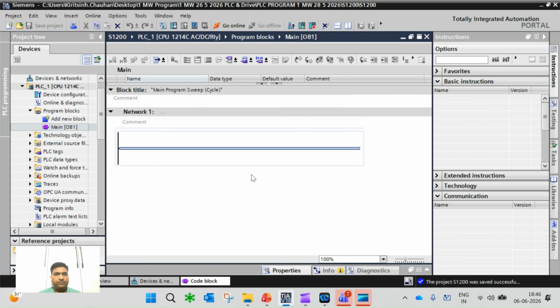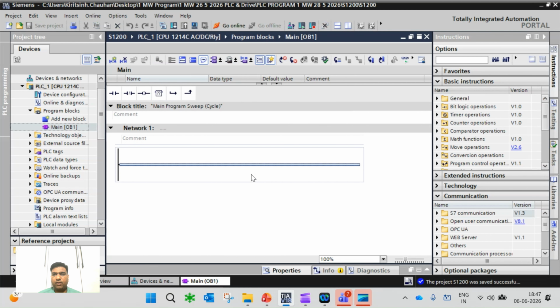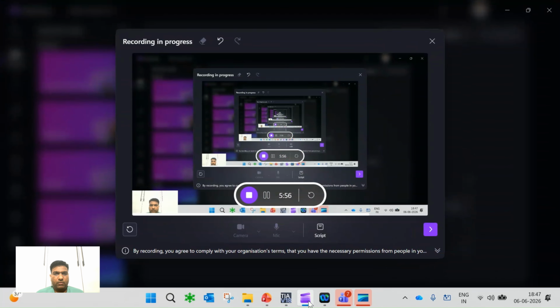Okay, so first, I want to start. I want to move some data. You are using manual mode. So in manual mode,